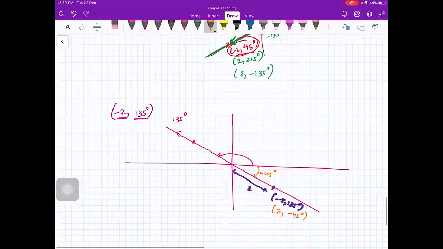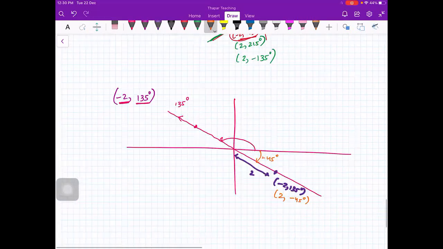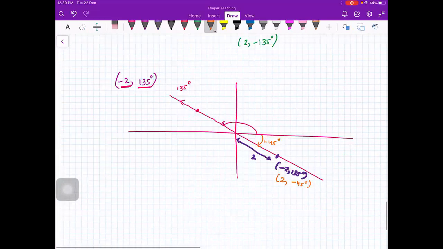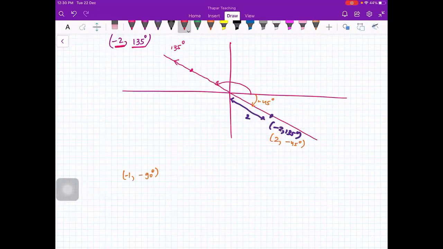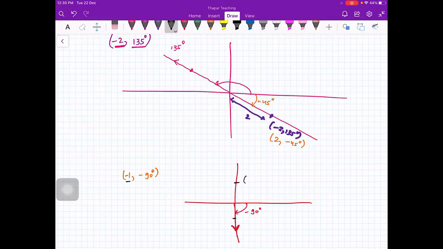So where will this point be? Minus 1 comma minus 90 degrees. Everybody tell me. Ma'am, it is on the negative y axis. No, minus 90 degree is here. Yes, ma'am. So you reached here. This is the axis we are talking about. But because here it is minus 1, instead of this, you will look at this point. So this point has the name minus 1 comma minus 90 degree.